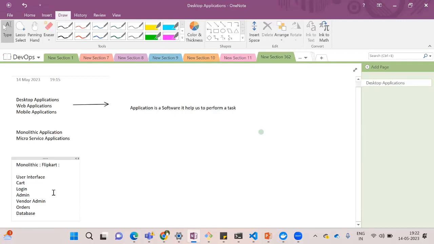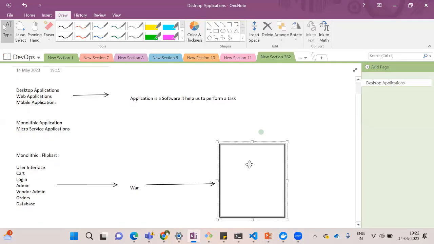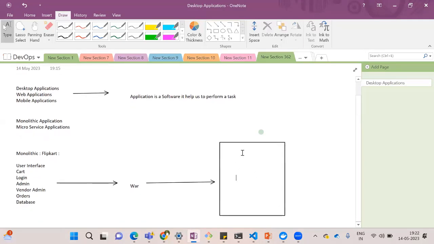Okay. So we combine all the modules in a single unit and build the project. Once we build, we get a WAR file, and once we have the WAR file, we deploy this particular WAR file into the server. So now all the modules link together, there is a dependency, and we deploy them into the server. So this is what we call a monolithic application. Now